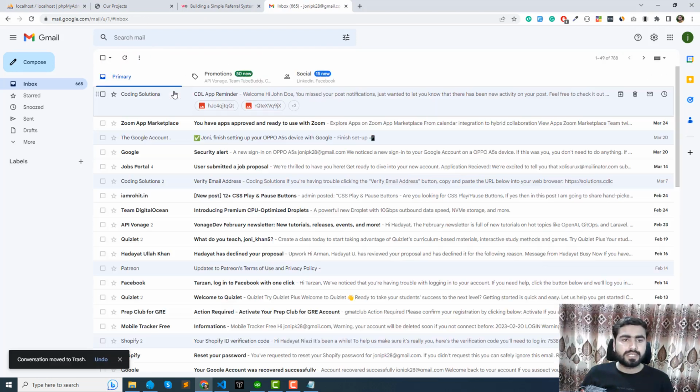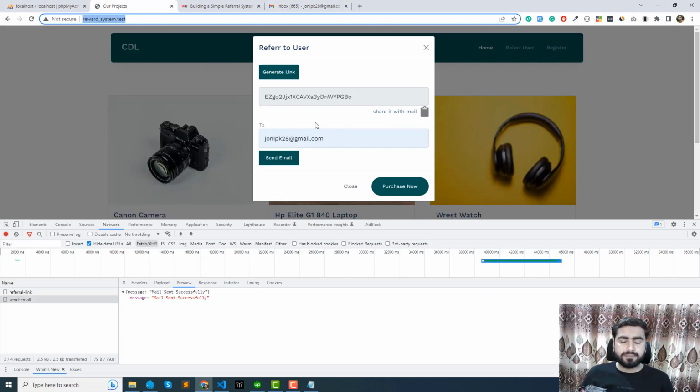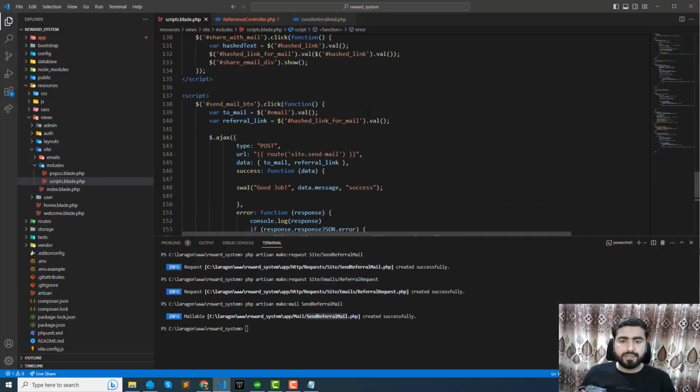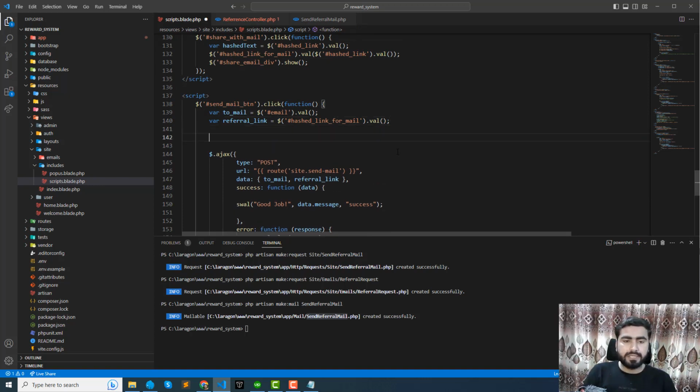So simply delete this out, and here whenever I'm sending the request, right? I want to make the button disabled, so the user will not click on this button multiple times. I want to basically restrict the user, right? And also show the user that your request is in progress. So whenever the user clicks on this one, I want to make this